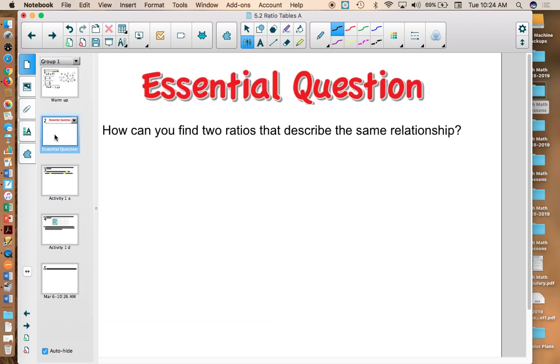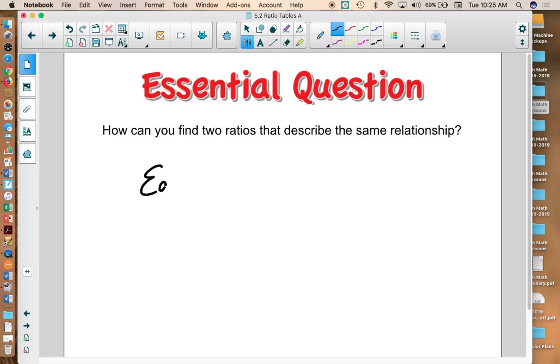How can you find 2 ratios that describe the same relationship? That's basically what I just talked about. How do we do it? How do we find 2 ratios that are going to describe the exact same relationship? We've been doing it. How do you do that? How do you do that, Roper? You simplify it. That's all there is to it. Okay? You're looking for equivalent, we call these